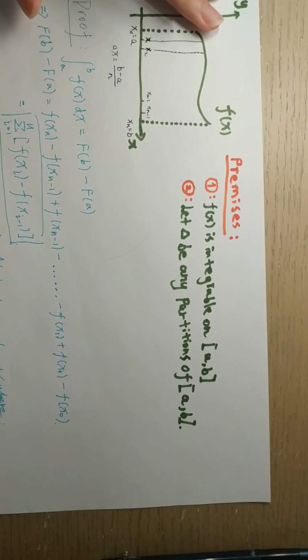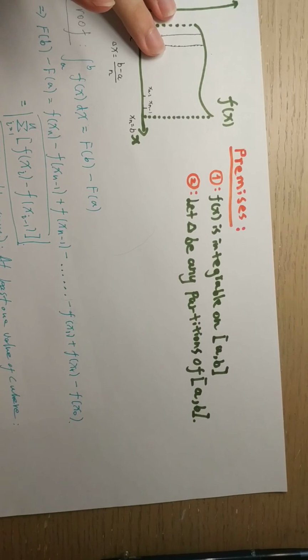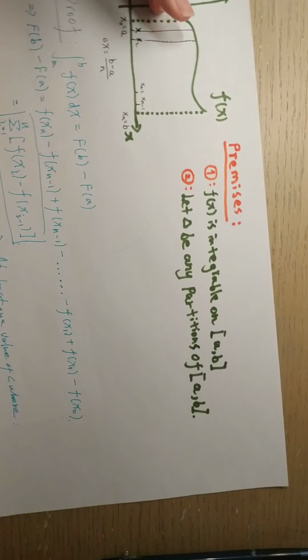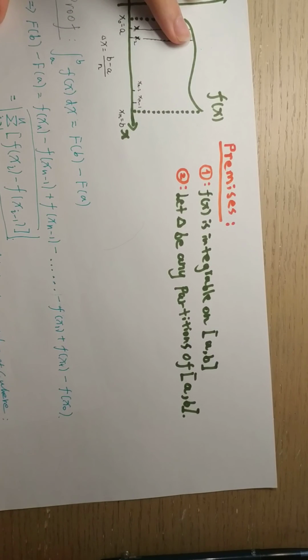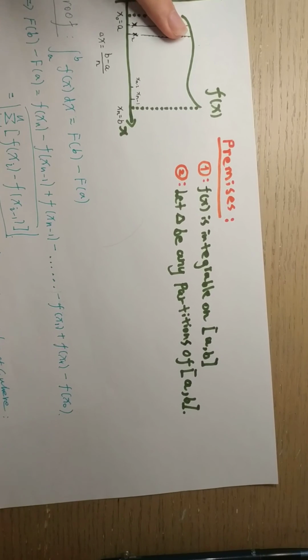So this would just be equal to f of b minus f of a. And this here is just the area under the curve. So this sign here